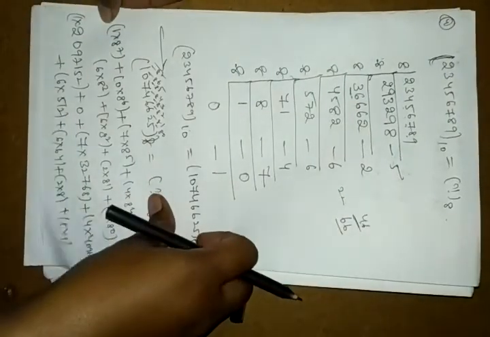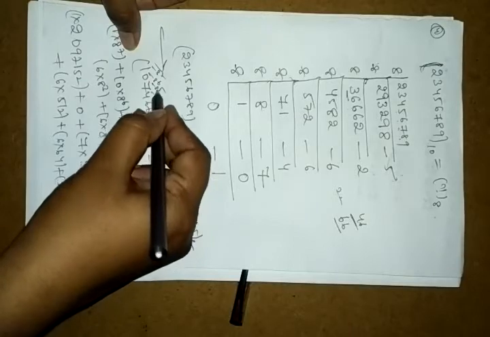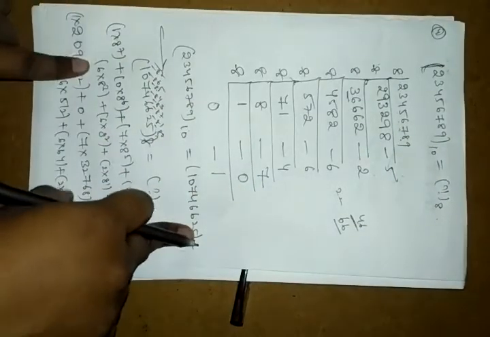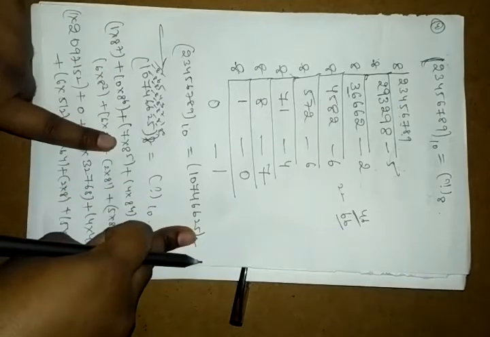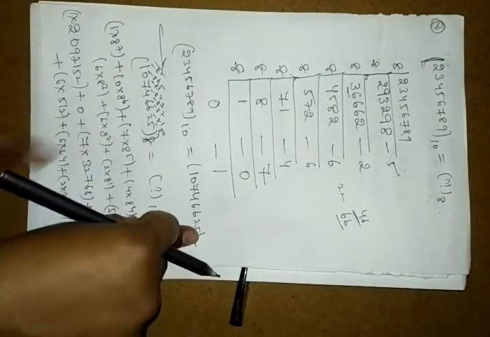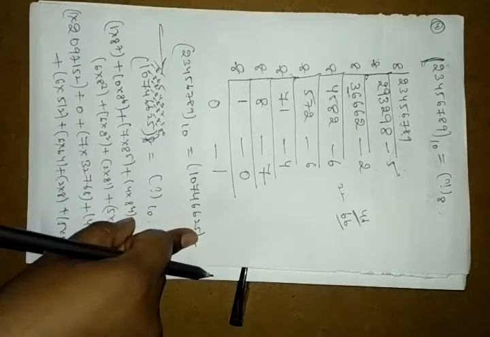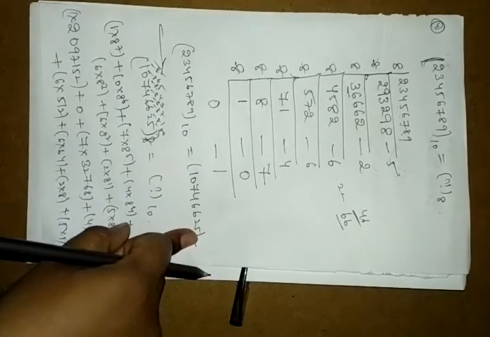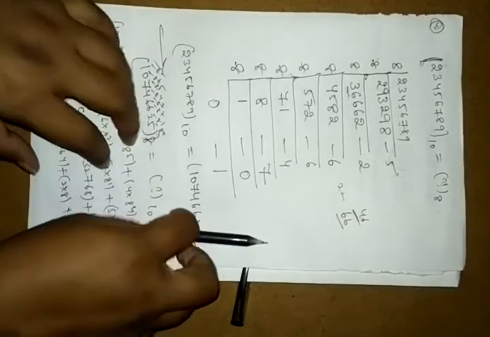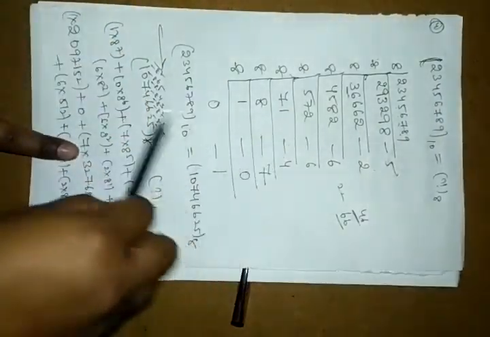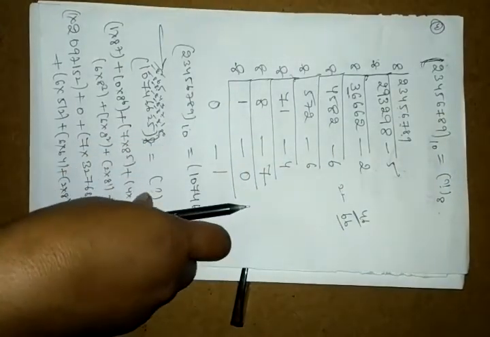1 into 8 power 0, 8 power 1, 2, 3, 4, 5, 6, 7. Okay, 1 into 8 power 7, 0 into 8 power 6, 7 into 8 power 5, 4 into 8 power 4, 6 into 8 power 3, 6 into 8 power 2, 2 into 8 power 1, 5 into 8 power 0. Yes, it is correct only. Okay, so first we need to check this one. If this one is correct, we will get the correct answer. If this one is wrong, we'll get a wrong answer only, right?